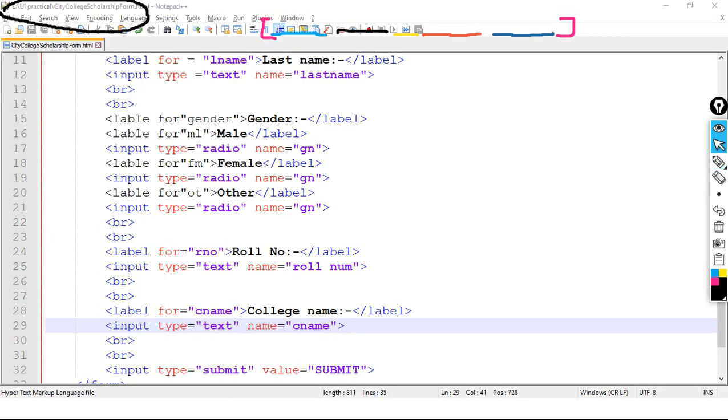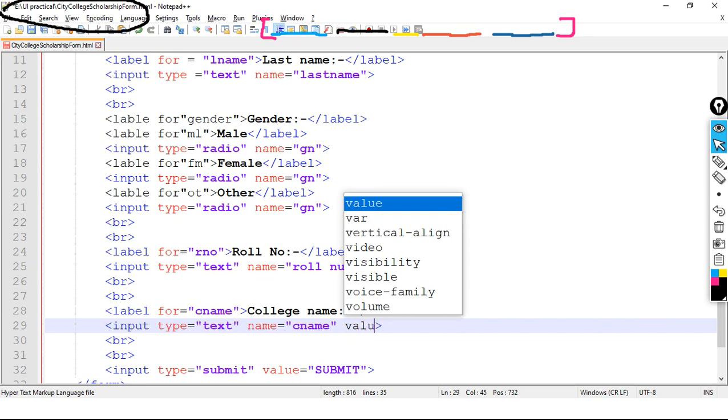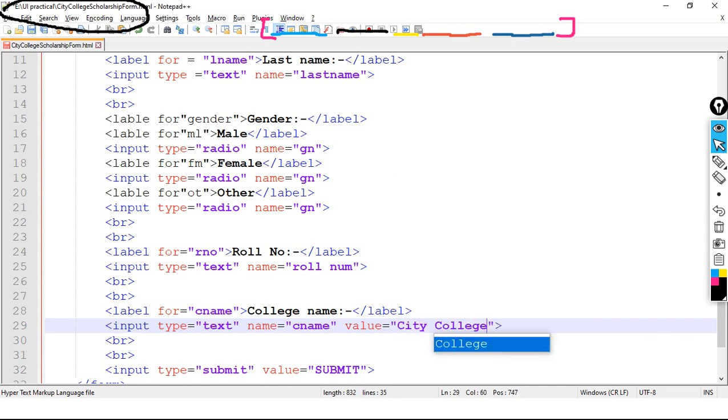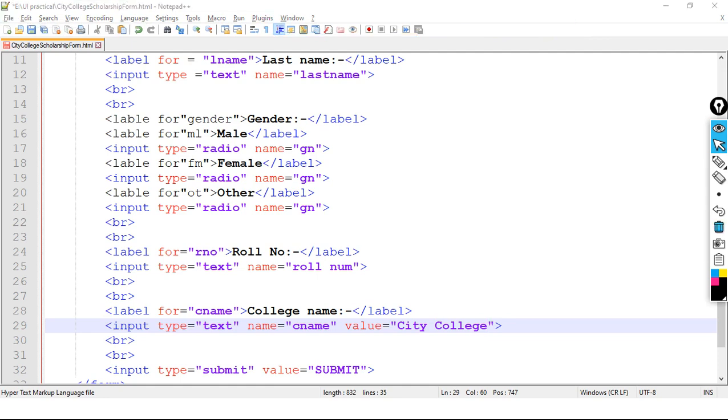Here I will predefine name of the college. What is that? Name of the college will be value is equals to City College. Correct. And let me save the code.